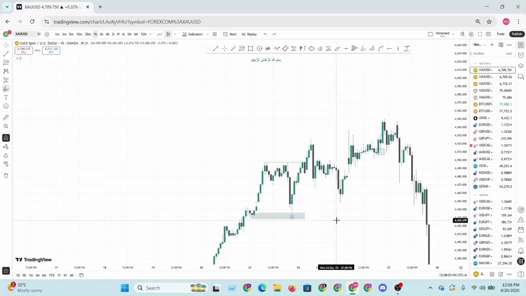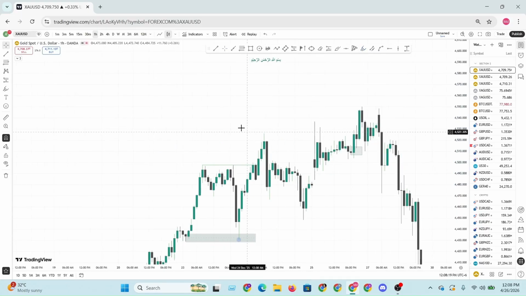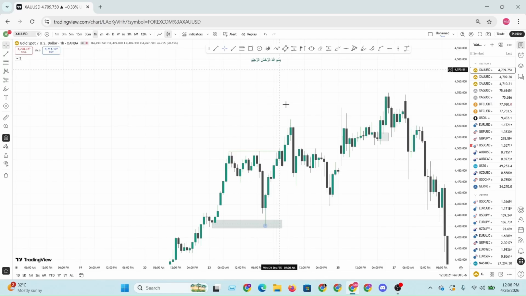Market fuel is liquidity. Market needs money to move upside. So the market needs a pullback